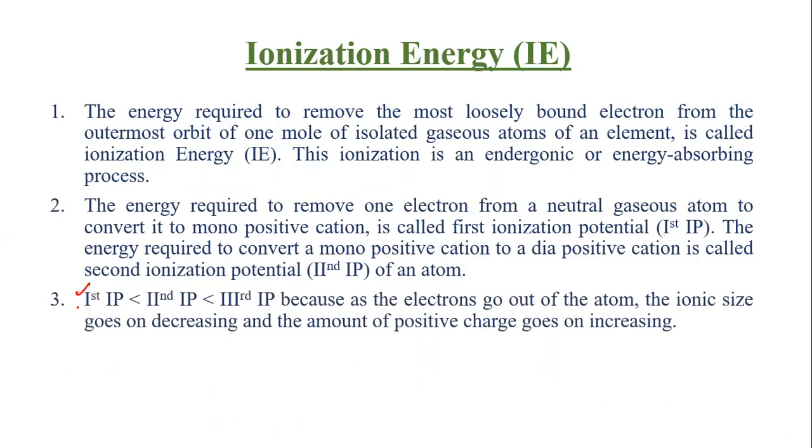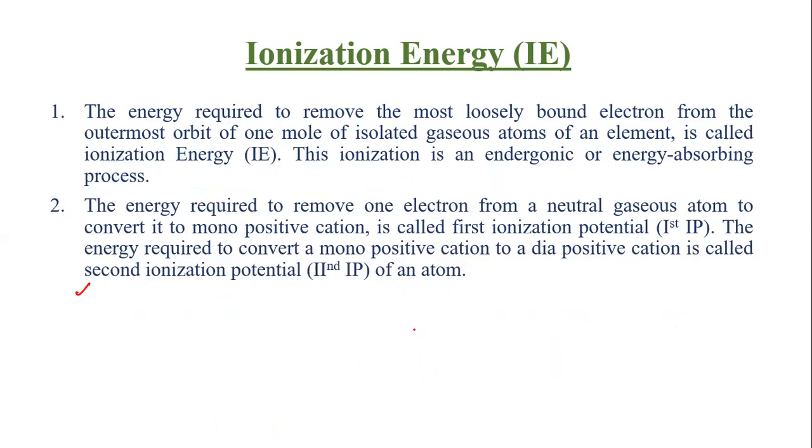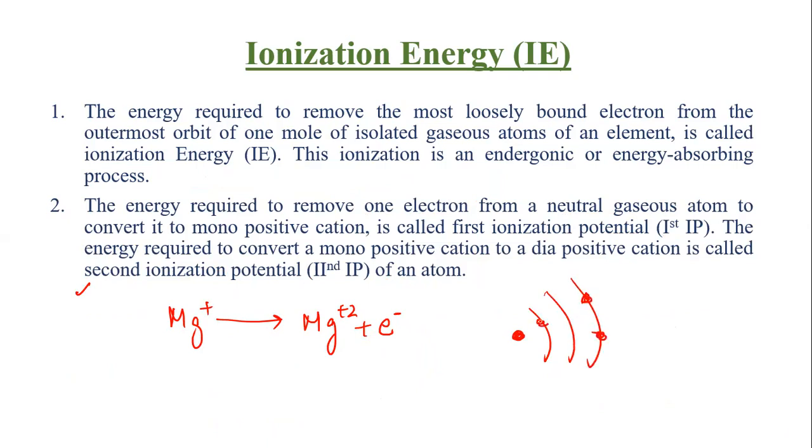So now what we have, first ionization enthalpy or ionization energy or ionization potential, all are the same thing. Now if you see, this Mg positive is converting itself into Mg +2 plus 1 electron. Again, I'm making it. This is 2 electrons. This is 1, 2, 3, 4, 5, 6, 7, 8 electrons. Now, in this case, the force of attraction is this one. Suppose this is the force of attraction.